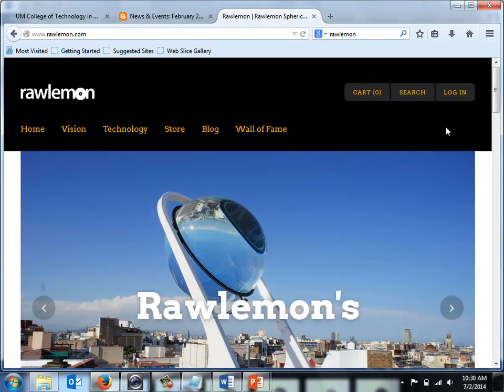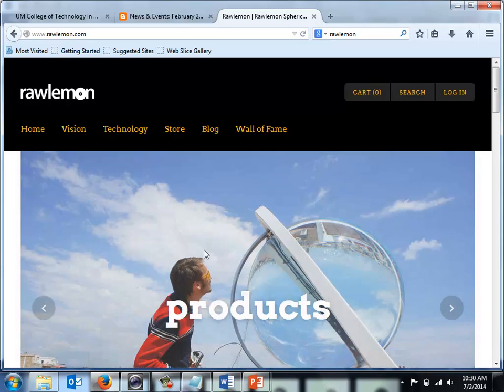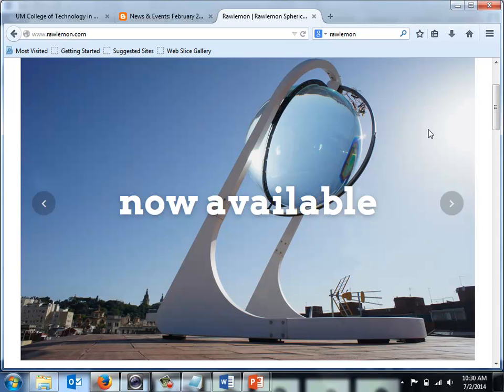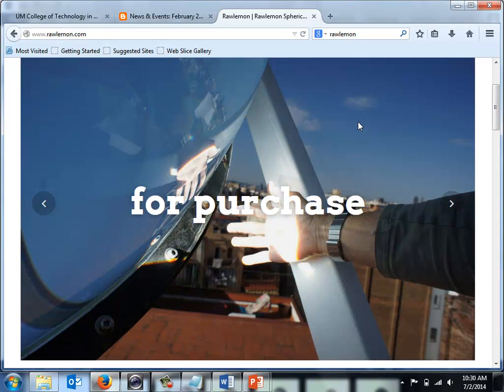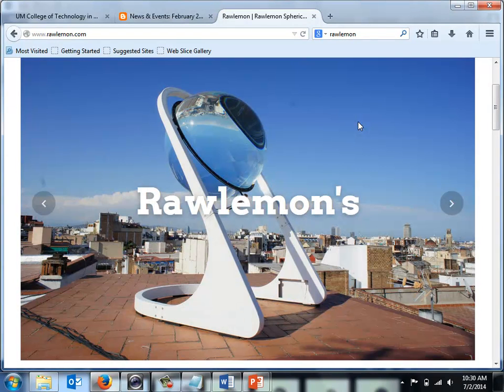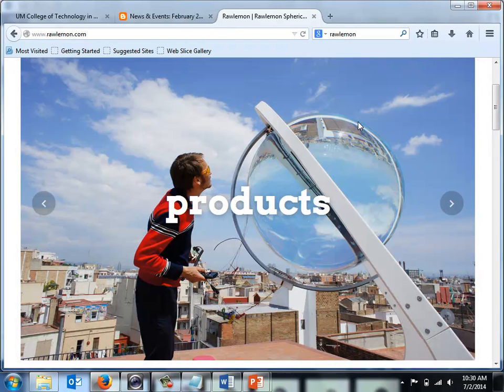Jonathan Bowe was getting crazy with this. He's got a sphere, and you can barely see it. There's just one little tiny PV on the back end, and it is a solar concentrator. It does exactly what you said, reducing the actual amount of silicon that you have to use.